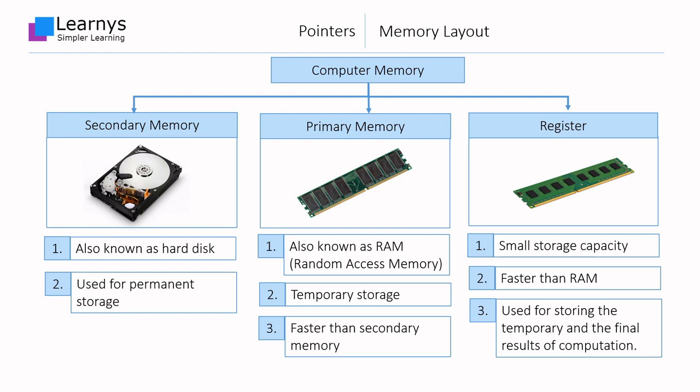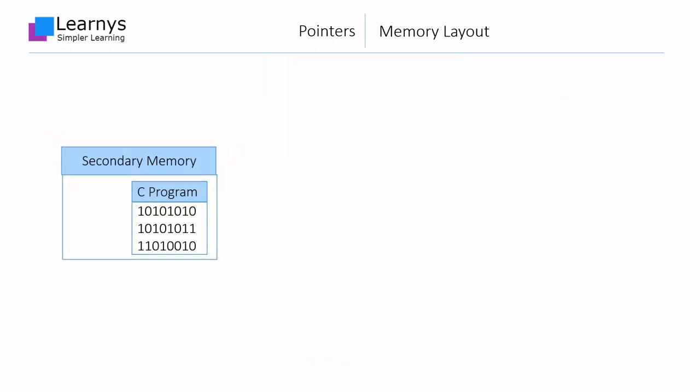We have already seen in one of our videos that you can make requests for memory allocation in the registers by prefixing the variable declaration statement with the register keyword. Barring such cases, in this or any other video, unless otherwise stated, whenever we talk about memory, it will always mean the primary memory.